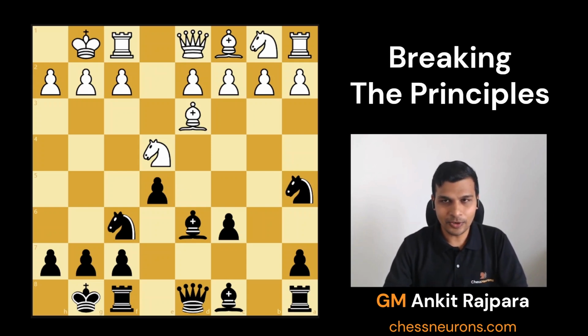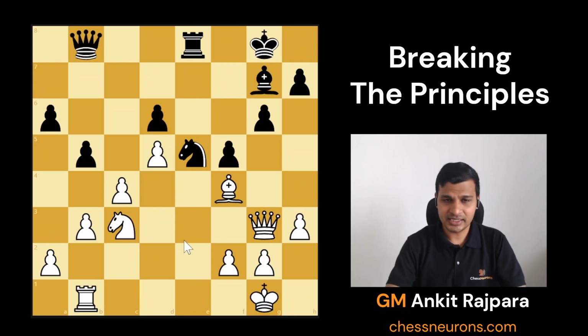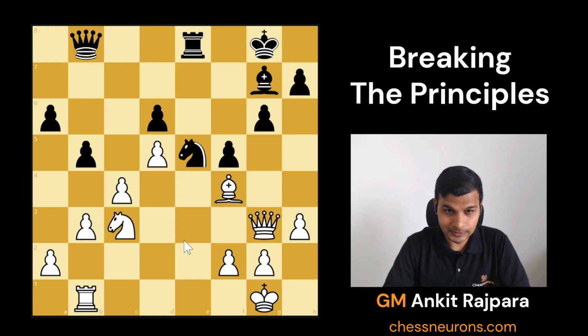Now, let's go for the next position. So this is white to play here. Now, from a material perspective, white is up a pawn. So, of course, that's a good thing. But